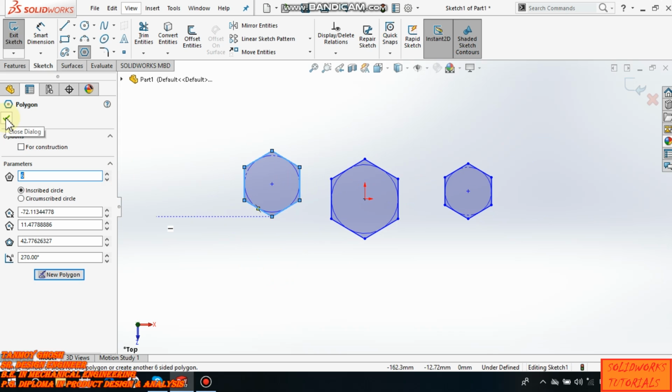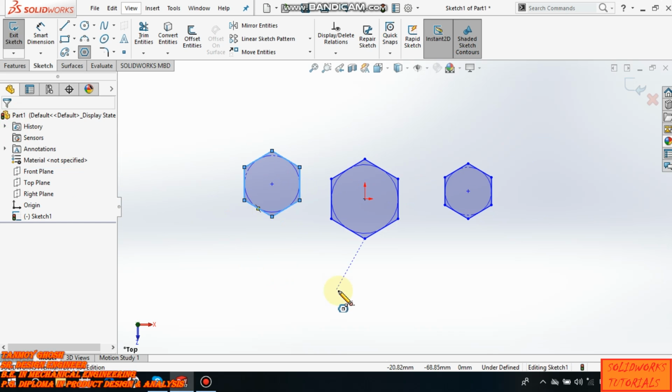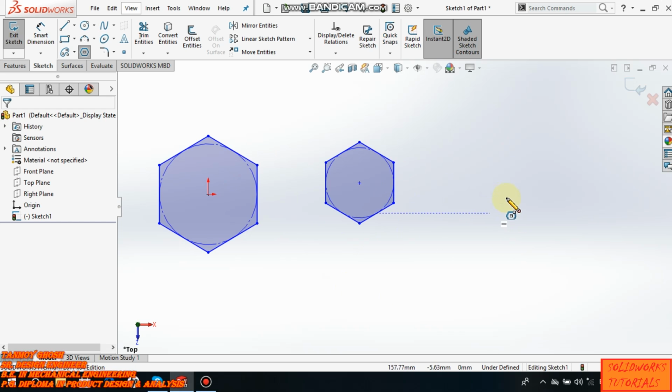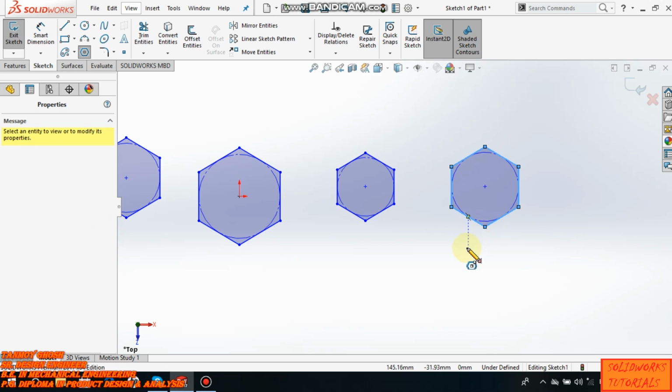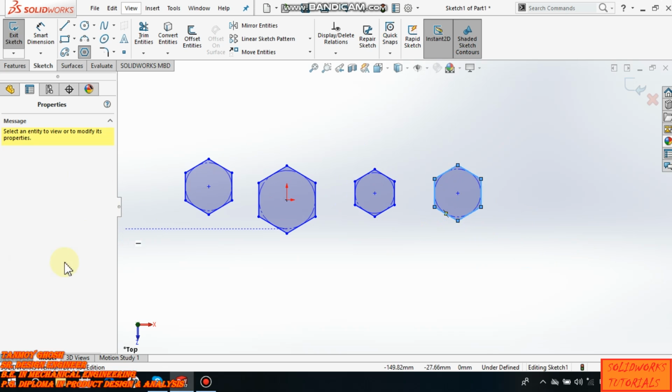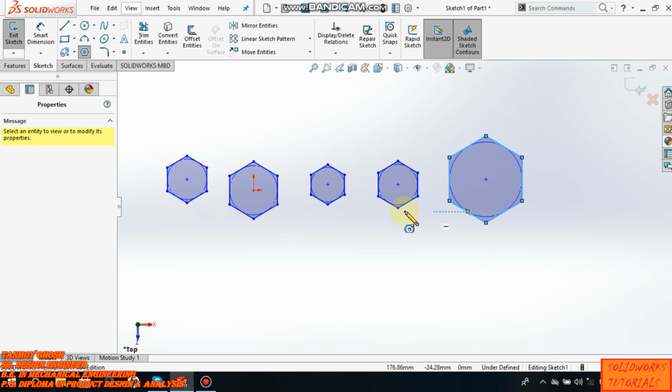Now if you close the dialog here and again draw a polygon, you can't see the dialog box here for the properties of the polygon, so you can't edit its sides or specify the center location. You don't have the property manager if you close the dialog box, but you are still in the command. So if you escape or exit the command,